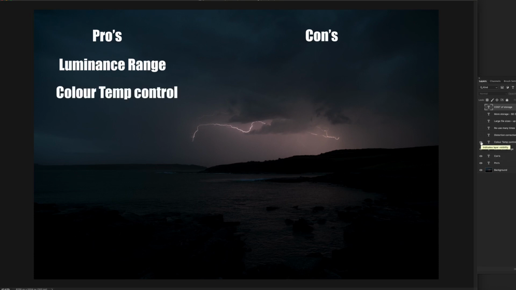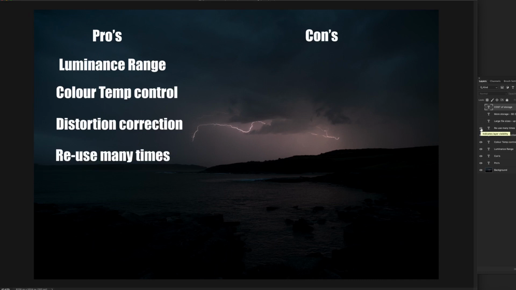Color temperature control, which is great for altering the mood of the images you're playing with. Distortion control to counteract any lens distortion. And you can use the RAW file as many times as you like. It's a non-destructive file. You don't save into the RAW file. It just spits out a JPEG or a TIFF or something like that for you, and then you use that